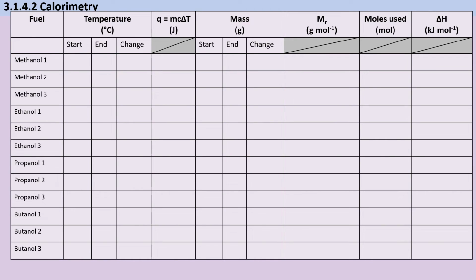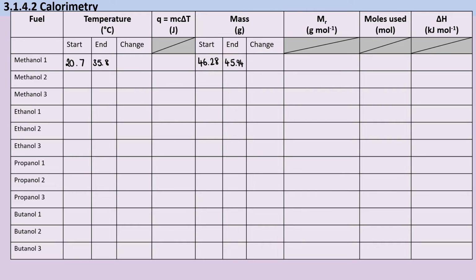Within the practical, you've probably used a results table that looks like this. This is the exact one that I give to my Year 12s when they do this practical. Throughout the practical, you're going to write down the start temperature before you light the spirit burner, and the final temperature when it's stopped rising, and then the mass of the spirit burner before and after